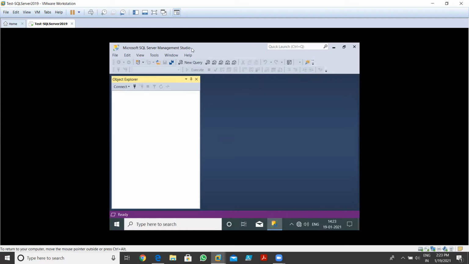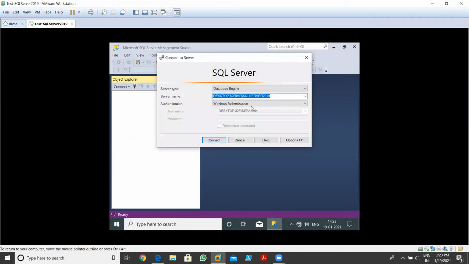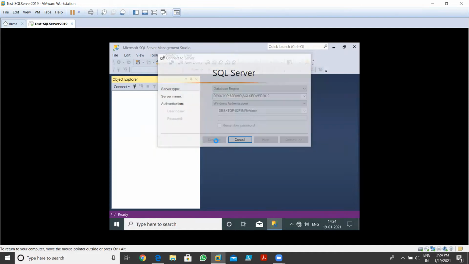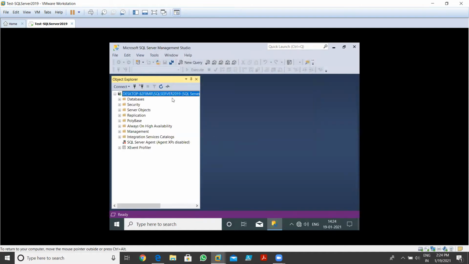Now I need to connect to my database. I need to log in to my SQL Server. You can see that the plug icon is there. You can click on this, or you can go to Connect, or click this plug icon. So I just click on the plug icon. They ask me for my user. My server name is my machine name, and the username is admin user, which I created at the time when I installed SQL Server. I just click on connect over there. As you can see, I'm able to access my SQL Server successfully.